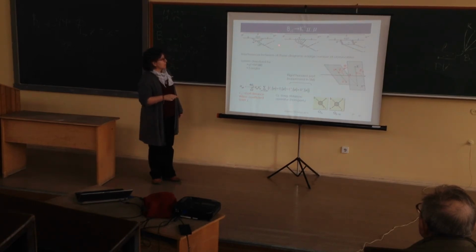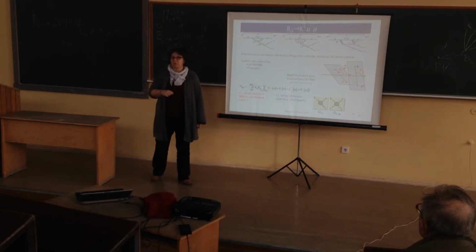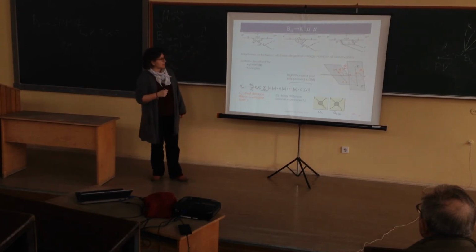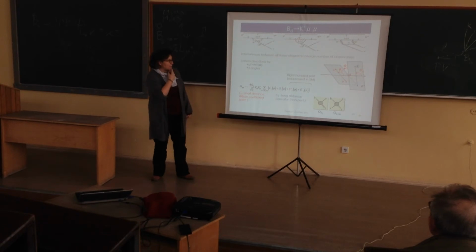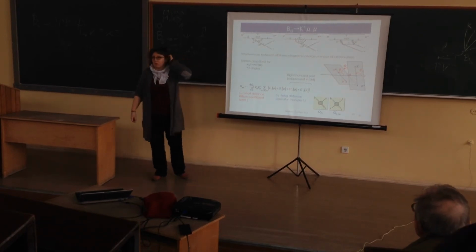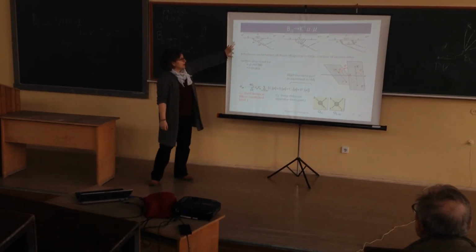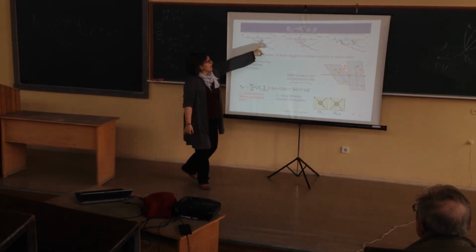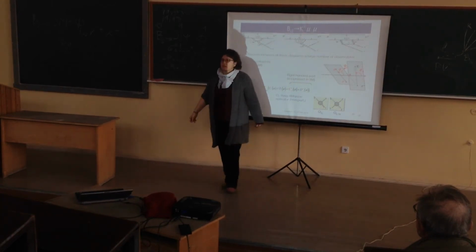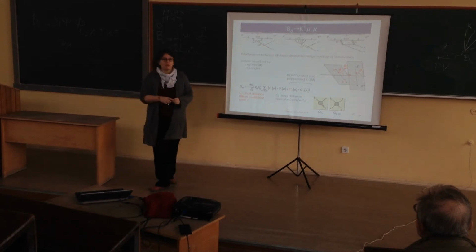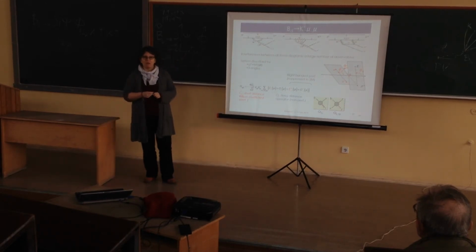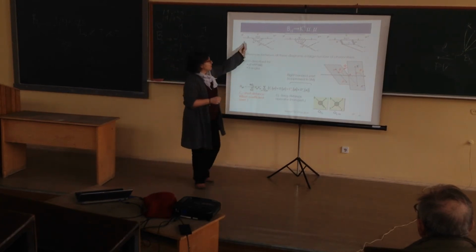So B0 to K* mu mu, this is the very last example I want to give you in detail, just to give you a feeling of what can happen. I'm not going to be long, because you see, the K* decays into K pi. At that point, it should remind you quite strongly of Bs to J/psi phi. Phi decays to KK, and J/psi to mu mu. So in fact, it's a four-body decay.